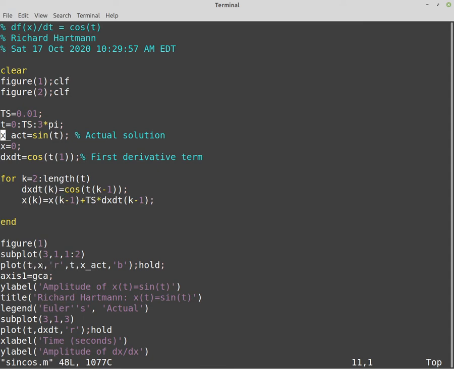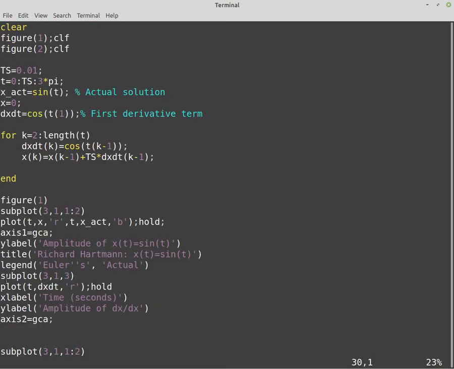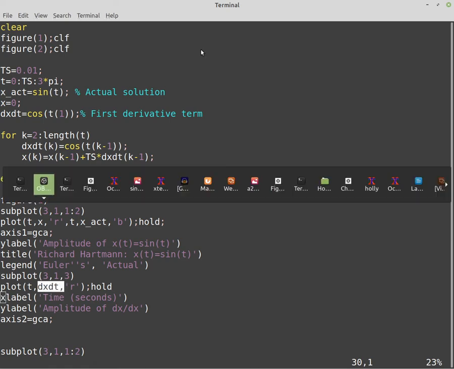I'm going to plot the approximate solution in red, and the actual solution, which we know analytically is sine, in blue. I'm going to plot that on a top plot, and then on a subplot I'm going to plot the derivative to show us how fast the system is changing and what direction it's changing in. So if we look here,